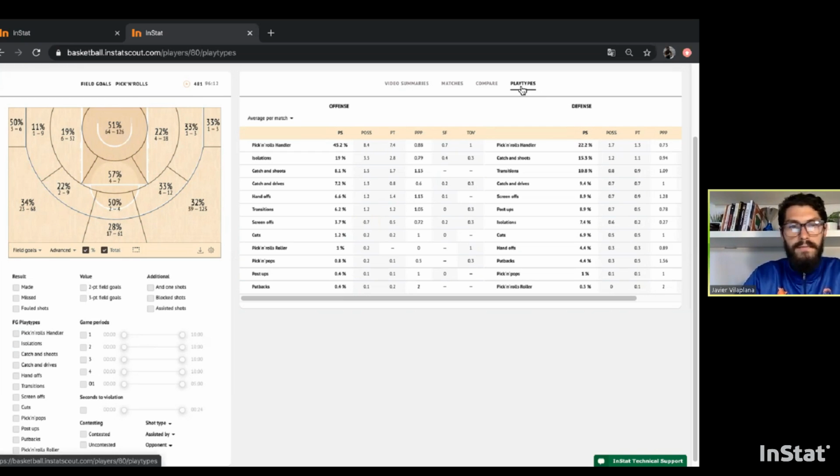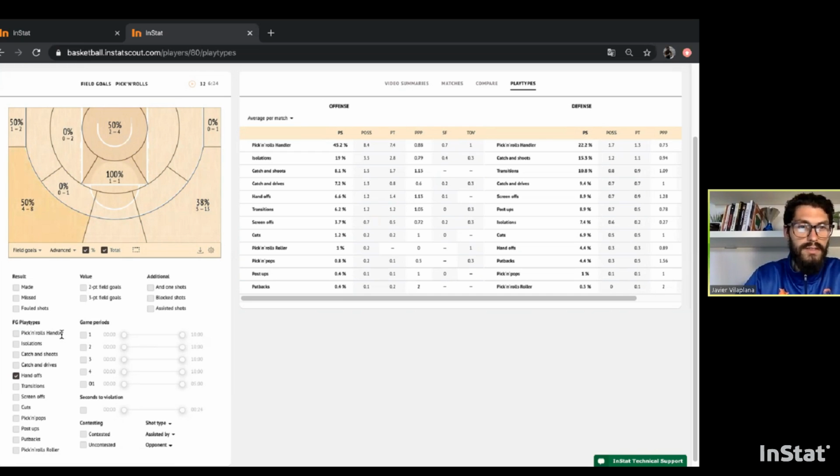Like the play type says, we have to go to the handoffs and try to understand how he plays handoffs. And here we know that he plays more times on the right side, less on the left, but with more efficiency. Also, the catch and shoots that we say are really, really important from there. And when we talk about the spot up situation, I like to